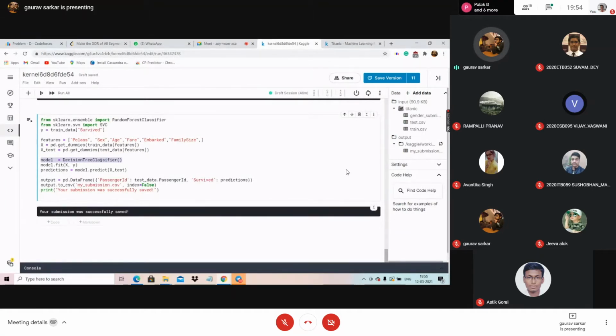Just suppose there is a model. It is our regression model, whose name is decision tree classifier. Then we fit: model dot fit x comma y. What it does is actually the job of drawing the straight line with respect to all the x coordinates. This fit method will perform it for you.